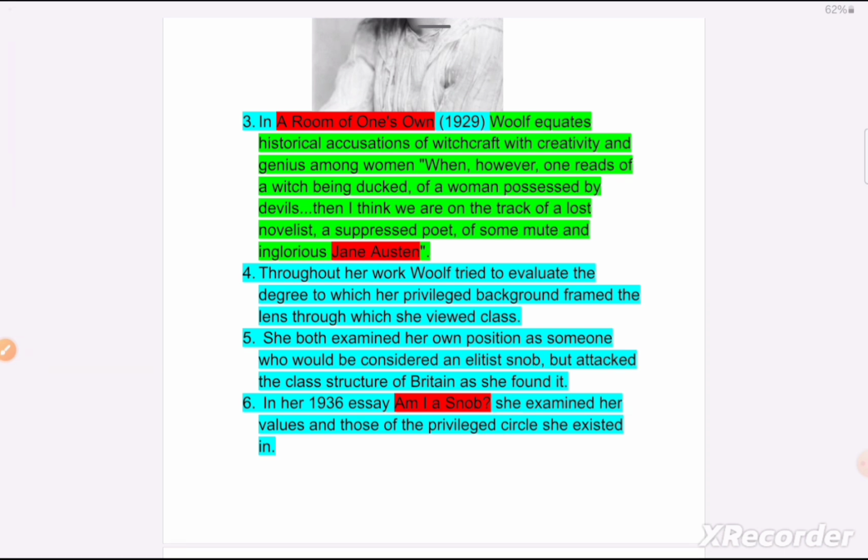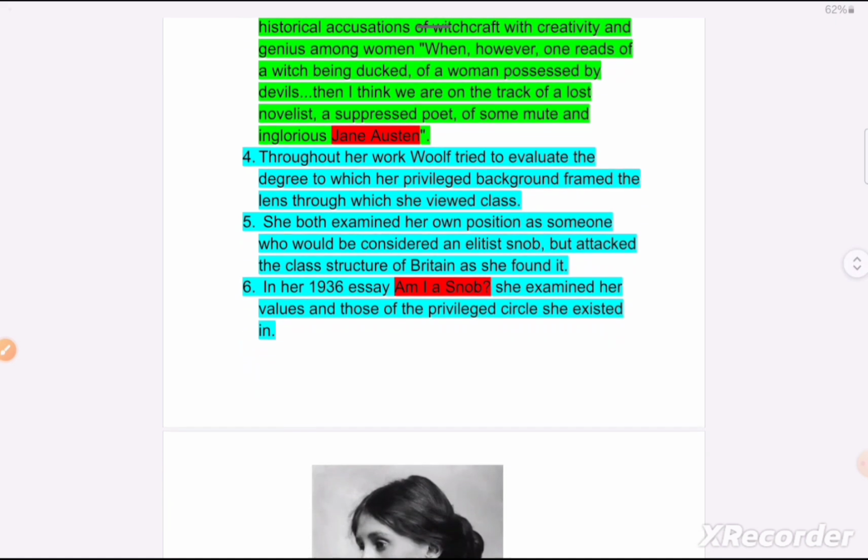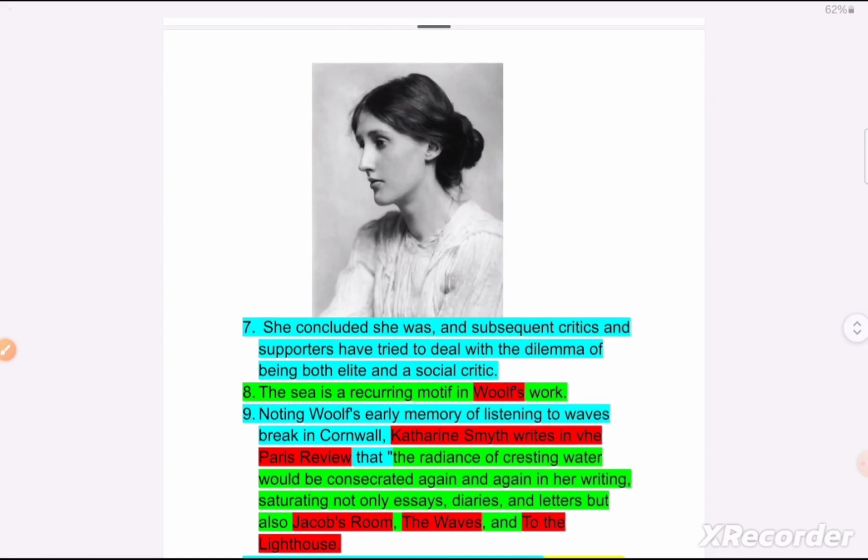In her 1936 essay, Am I a Snob?, she examined her values and those of the privileged circle she existed in. She concluded she was, and subsequent critics and supporters have tried to deal with the dilemma of being both elite